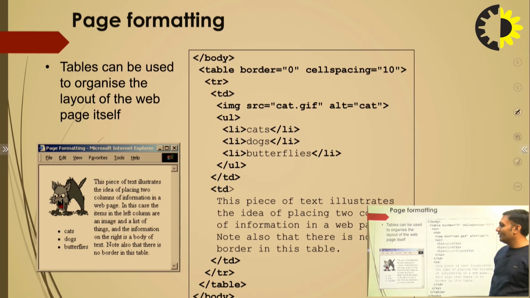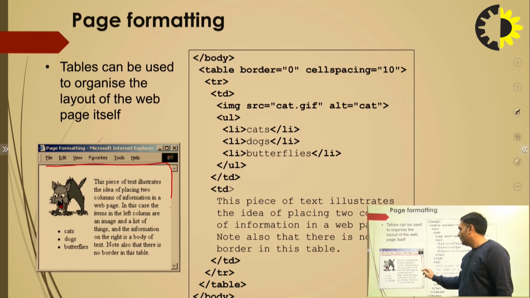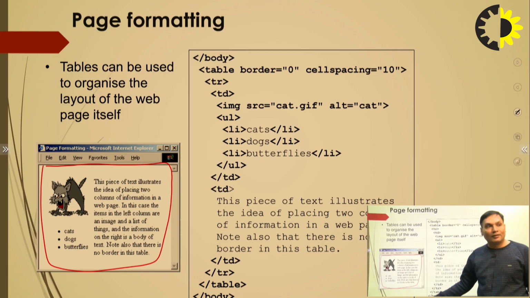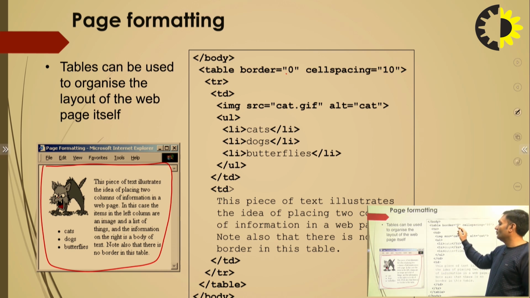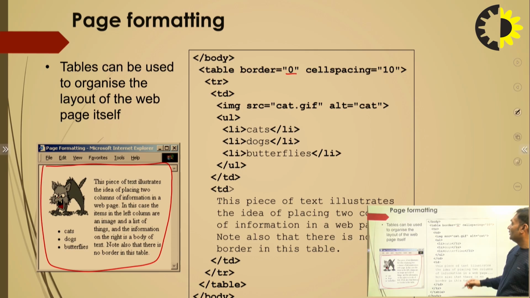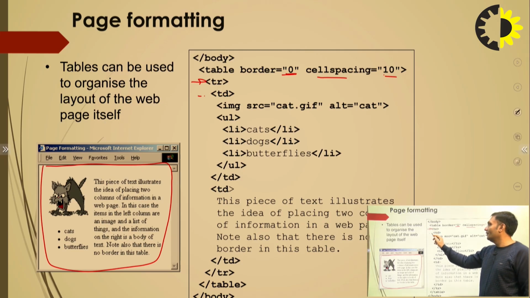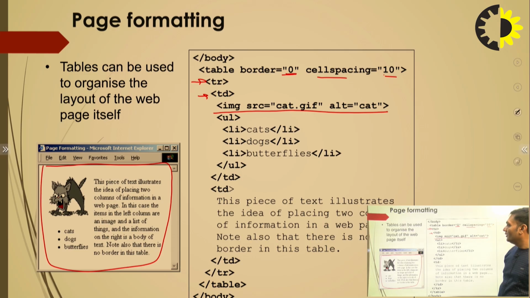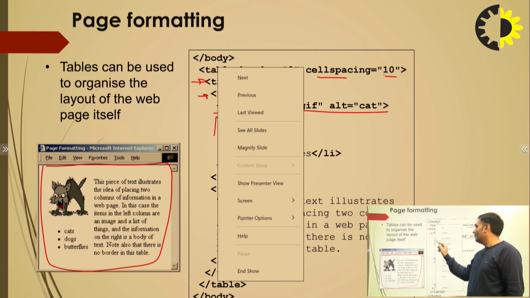Now in this example, this is a table, but it looks like a picture. Now see the code of this web page. Here the border is 0, so that's why we are not able to tell which is one cell and which is a different cell. So cellspacing is 10, but the border is 0. Here the first row comprises a table data with this image, and below this image there is